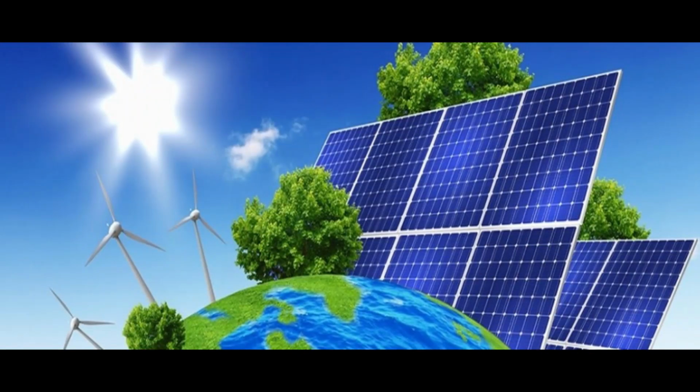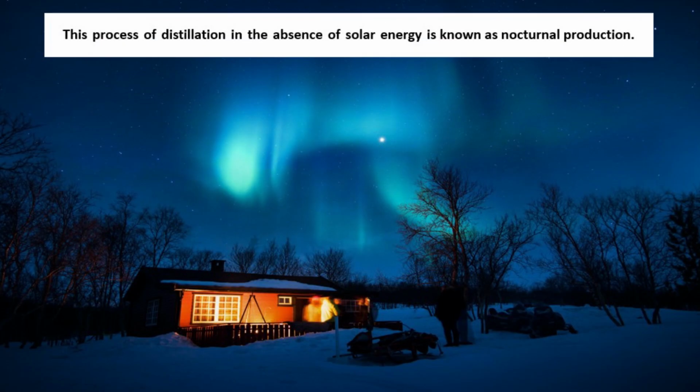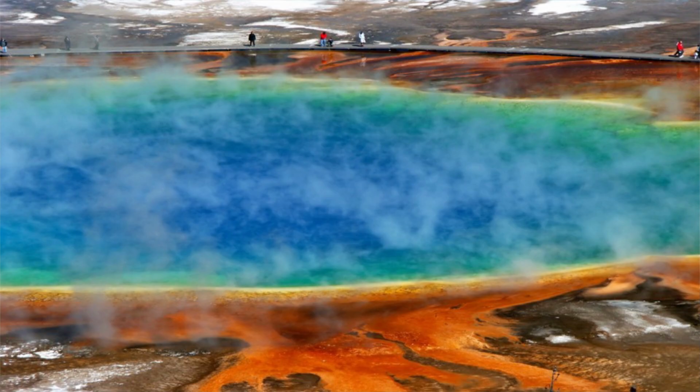You have seen that in a conventional solar still with a large water depth in the basin, water is heated during sunshine hours and most of the thermal energy is stored in the water mass. The stored energy is then utilized for distillation during off-sunshine hours. This process of distillation in the absence of solar energy is known as nocturnal production. Nocturnal production can also be achieved by feeding hot water available from any source in the morning or evening